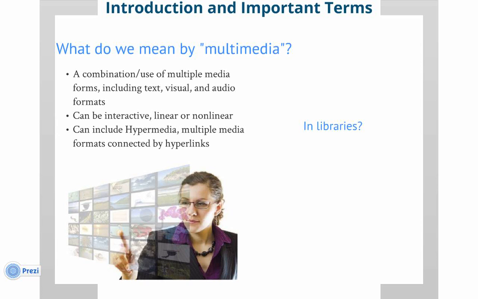Multimedia, a means of enhancing the communication of information, is particularly useful in libraries. Libraries often circulate audio and video materials, and with the increased prevalence of streaming both of these formats over the web, some libraries have added audio and video streaming to their services.